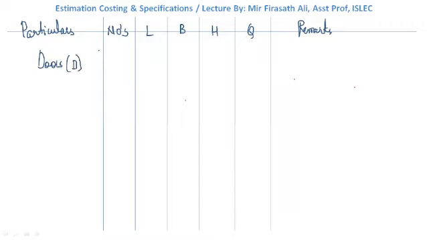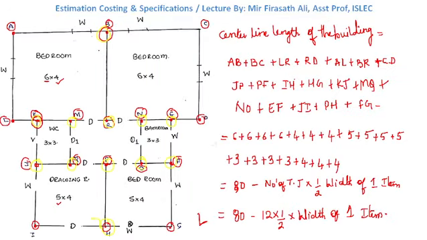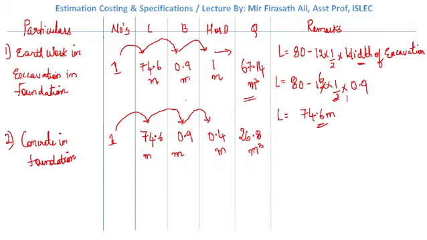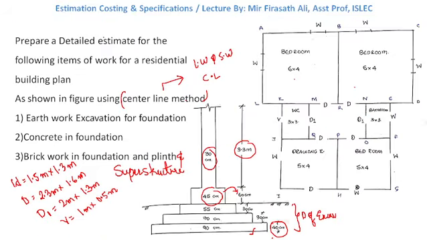How many doors are there in the figure? We have 5 rooms. Look at over here. Calculate the number of D's in the figure. It is 1, 2, 3, 4, 5. So we have 5 doors, so the numbers will be 5. What is the length of the door given? Here it is given 1.6 meters is the width, 2.3 meters is the height. You can get this from these details.